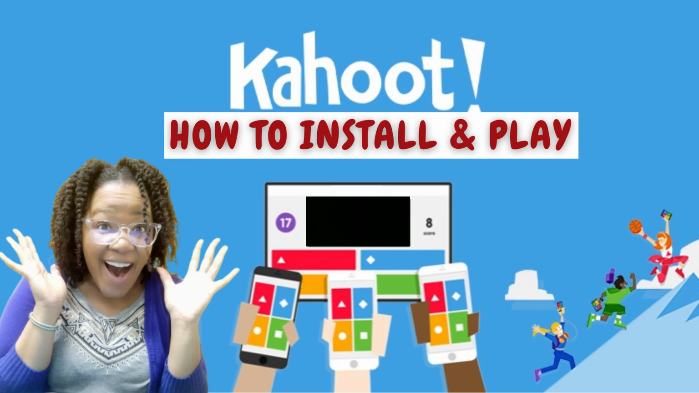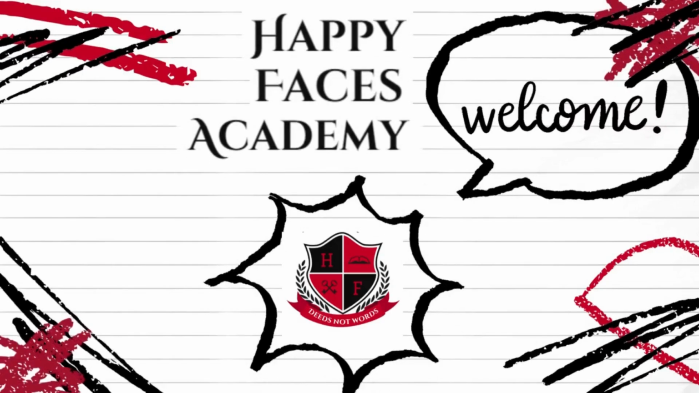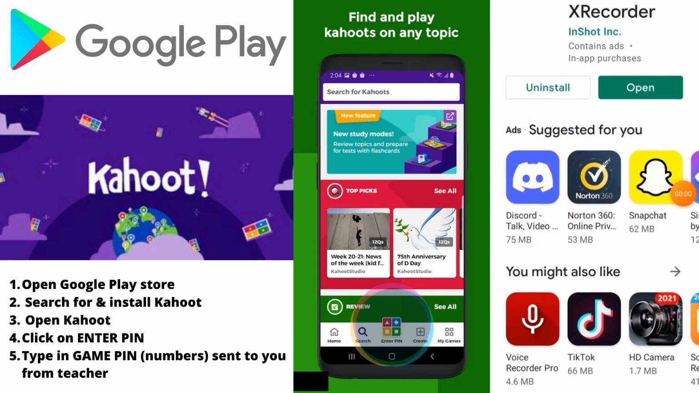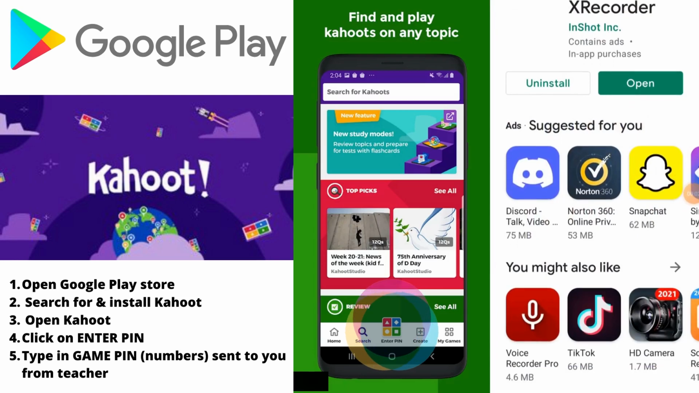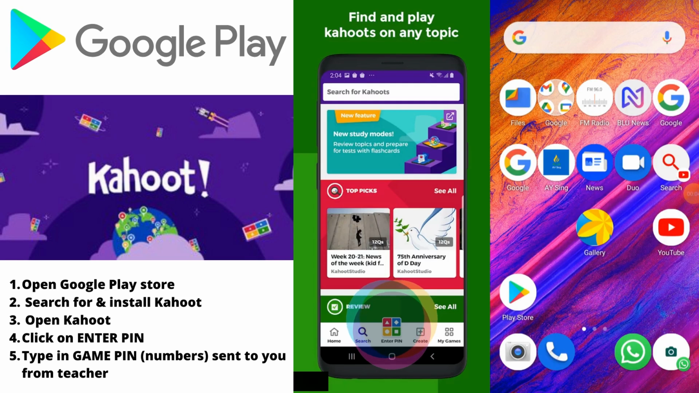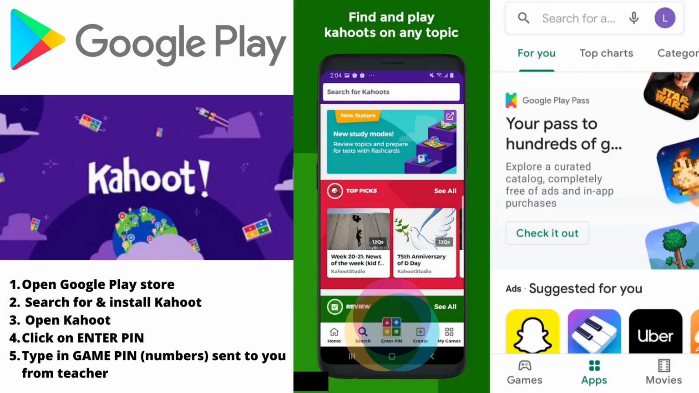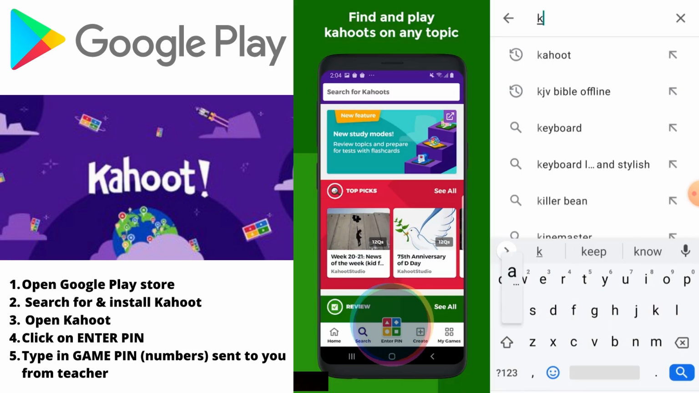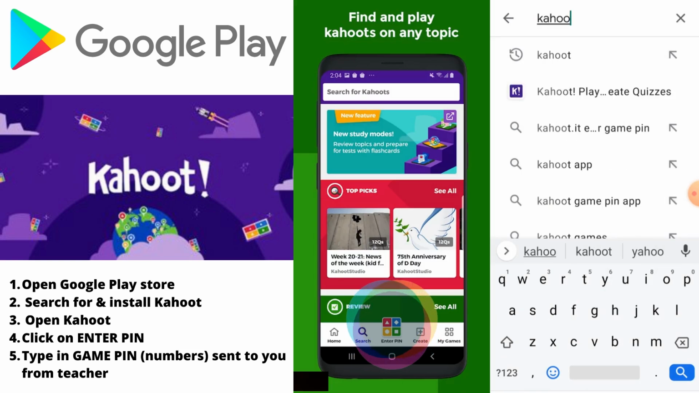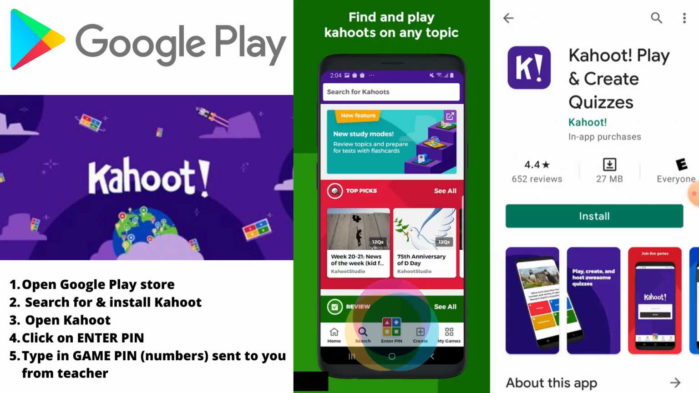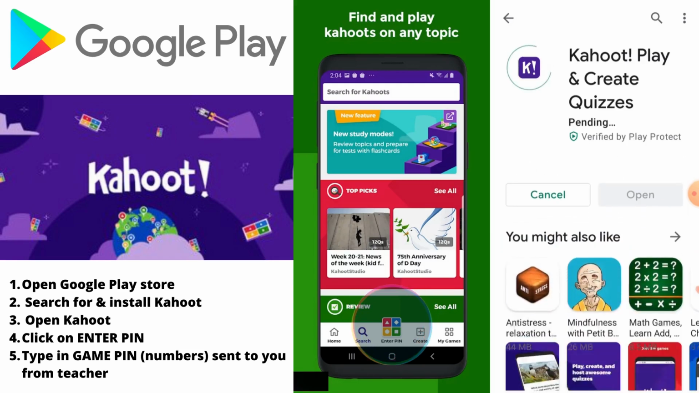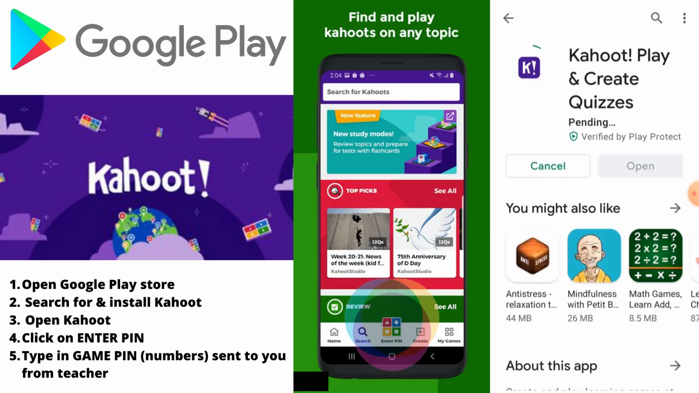So the first thing you do is open Google Play Store. Type in the search bar Kahoot, K-A-H-O-O-T. Then you click on it, install it, open it, and you're going to click on the bottom where it says enter PIN. And you're going to type in the numbers that I sent to you so that you can